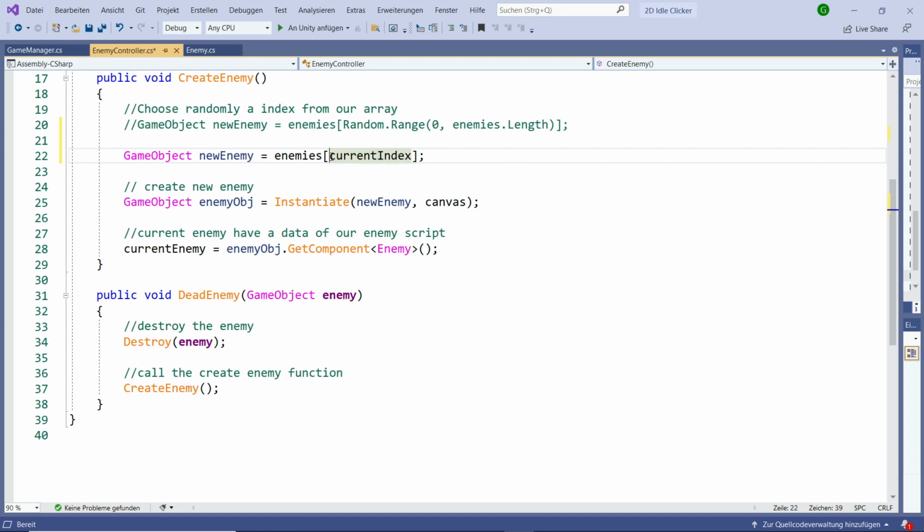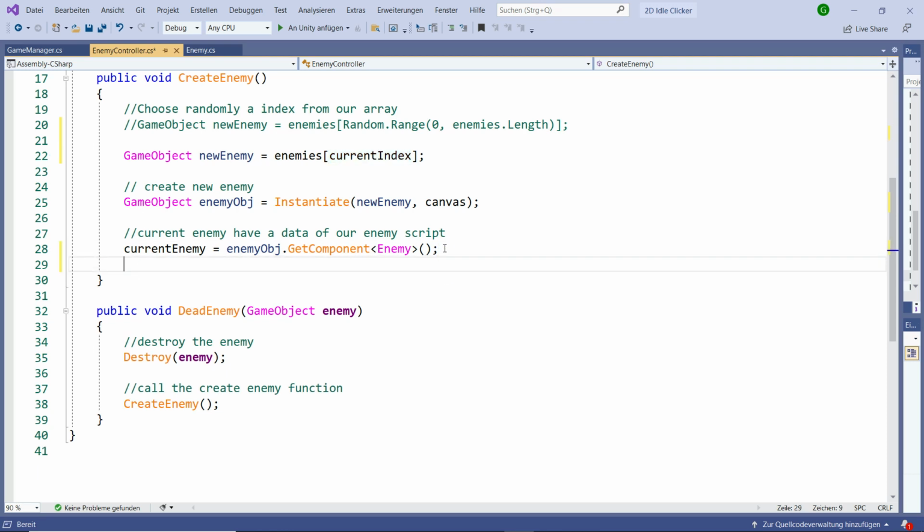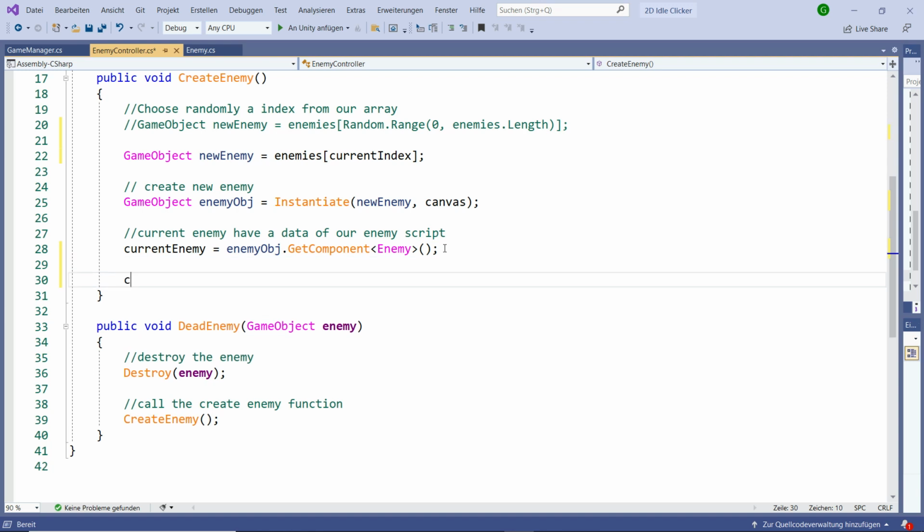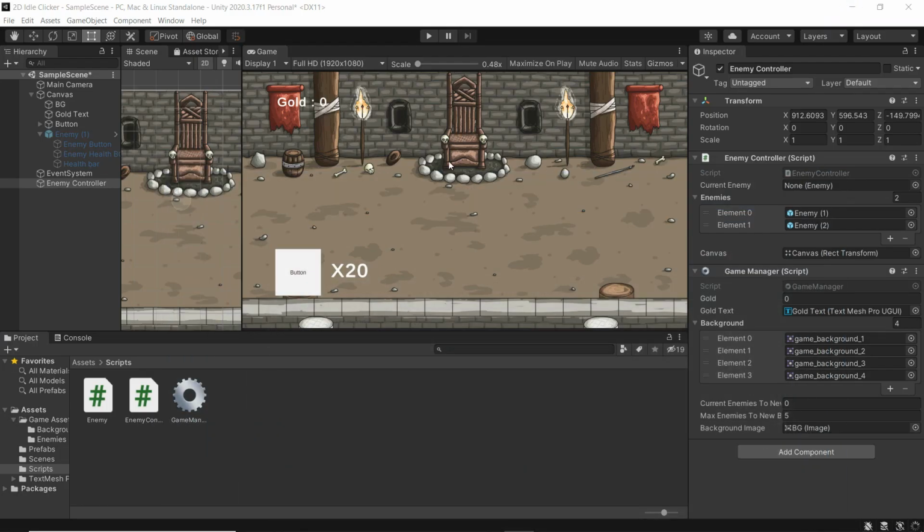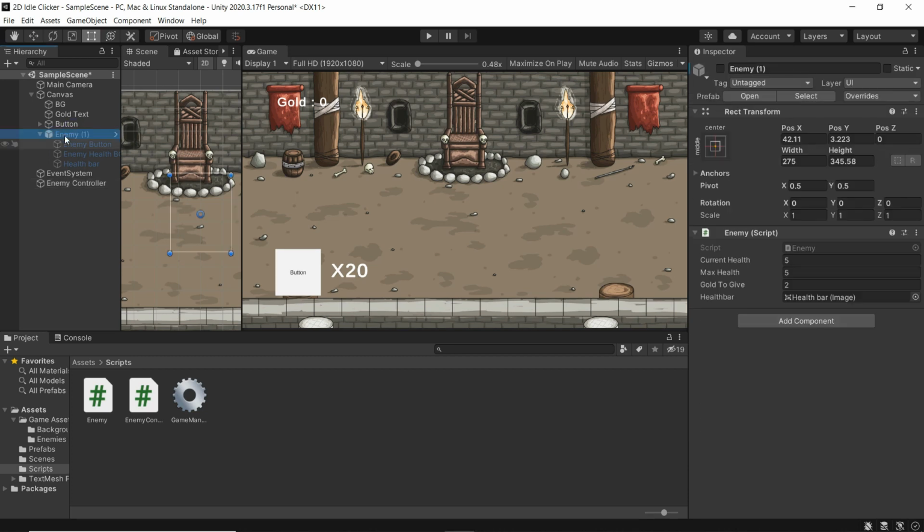We need to add 1 to our current index. So here, as soon as we did all the process, you are going to say current index plus plus. That means we are going to add 1 to our current index. So now, the next problem I'm going to show you, we are going to get an error because if I'm going to activate our enemy,